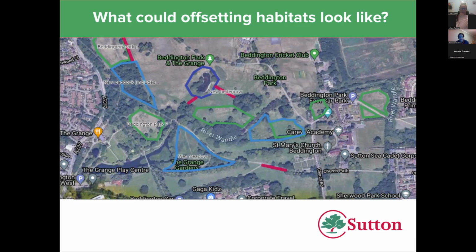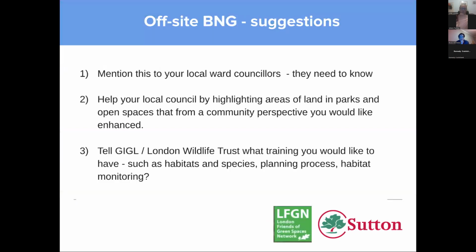And it might be that this is what can be done in other council areas, or you could do it yourself. You could highlight areas within your parks or your open spaces that you visit and see what could be done, or where you think some enhancements would be really great to see. But to go back to the final slide, really,